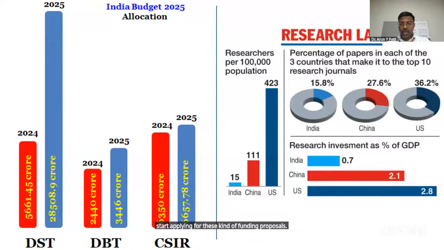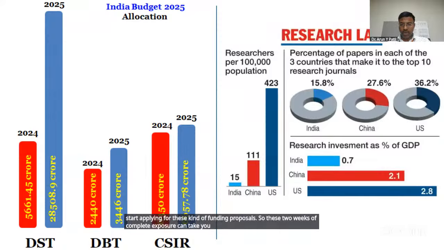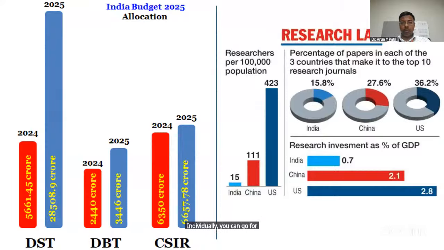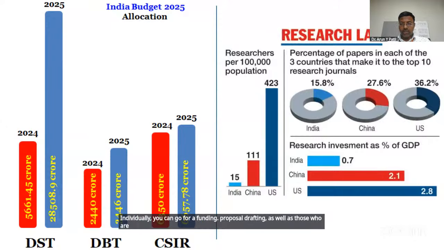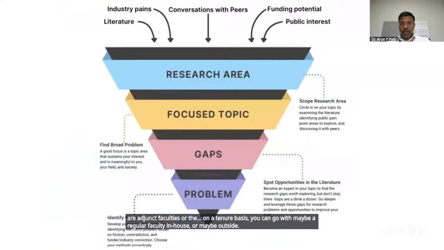So these 2 weeks of complete exposure can take you to a level wherein individually you can go for funding proposal drafting, as well as those who are adjunct faculties or on a tenure basis, you can go with maybe a regular faculty position in-house or maybe outside as well. So